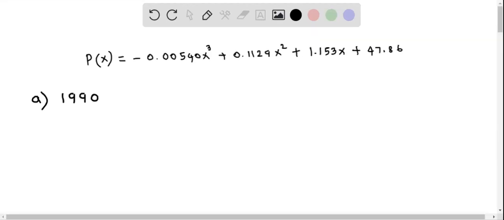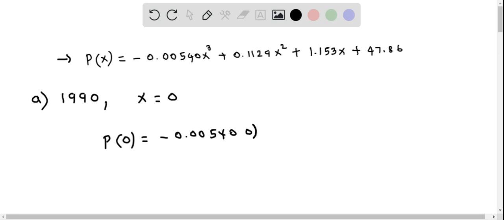Okay, let's do part A. So here we determine the number of US travelers to other countries in the year 1990. And so year 1990 corresponds to x equal to 0. So we have to plug in x equal to 0 into the p of x function. So when we do that, we get p of 0, and this equals negative of